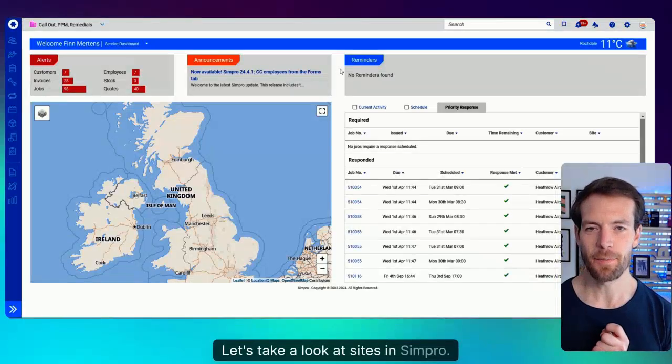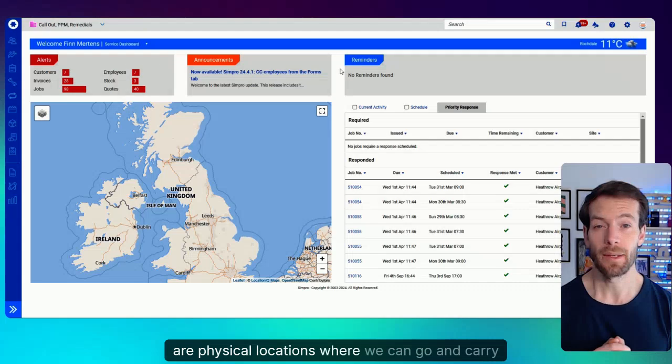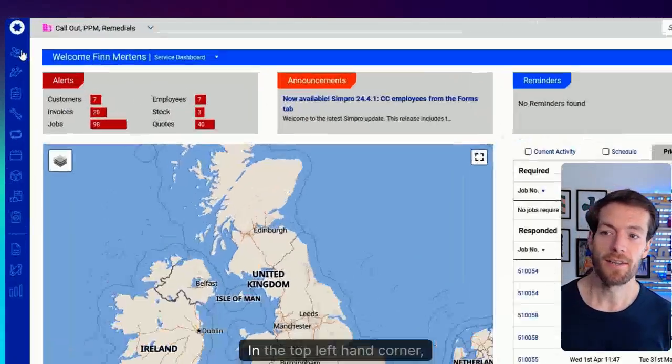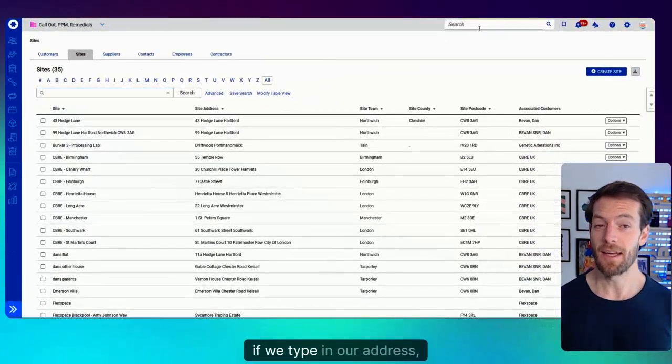Let's take a look at sites in Simpro. So sites, as we've already explained, are physical locations where we can go and carry out work. And to access sites, you've got two main methods. In the top left-hand corner, hover over the People menu, click on Sites, or alternatively, if we type in our